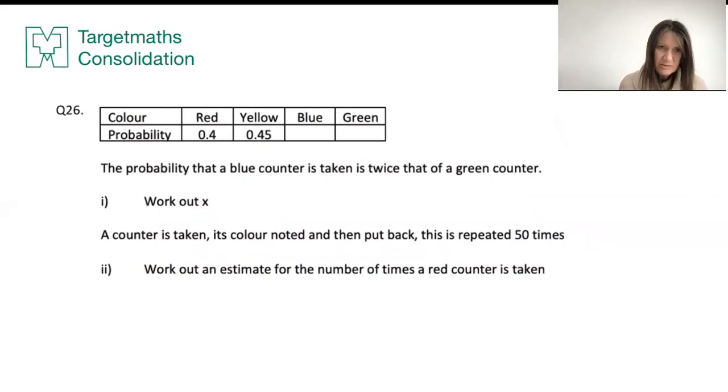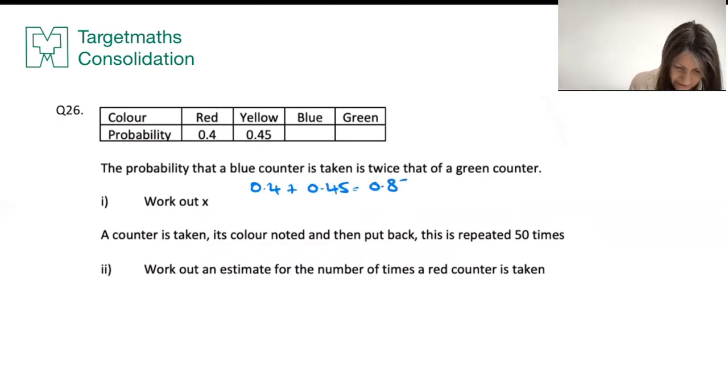Okay, so this one's a little trickier. We've got 2 blanks and it's not evenly spread across them because the probability that the blue counter is twice that of the green counter. So I think the first thing to do is to just find out what they're supposed to actually be. So we've got 0.4 plus 0.45, which is going to give us 0.85. Take that away from the 1, which is